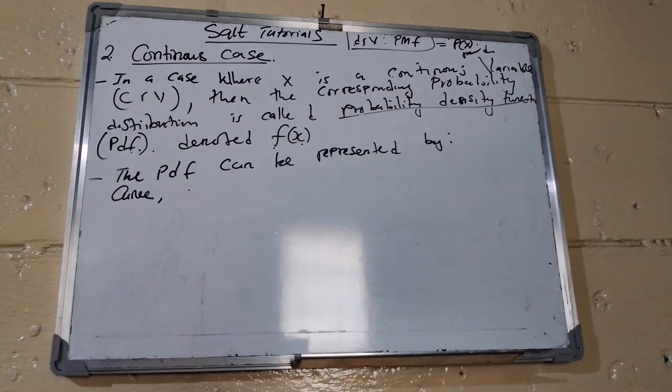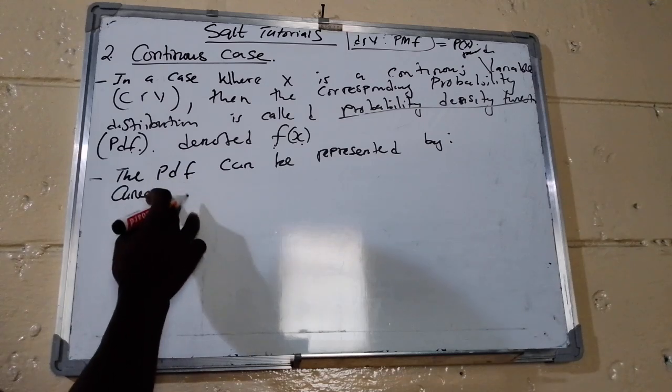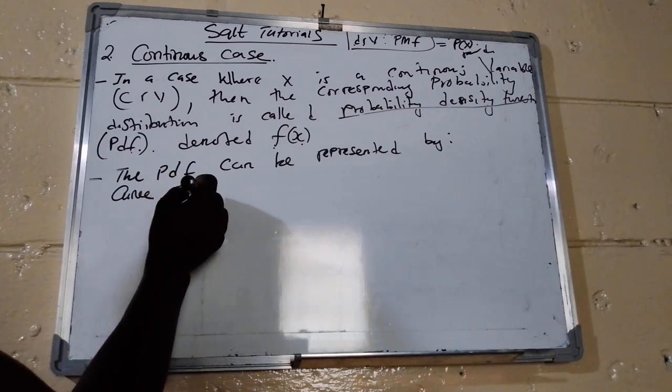So we are simply saying that when it comes to the probability density function, the PDF can be represented using a curve. And then this curve, when it is drawn, we are simply saying that the probabilities